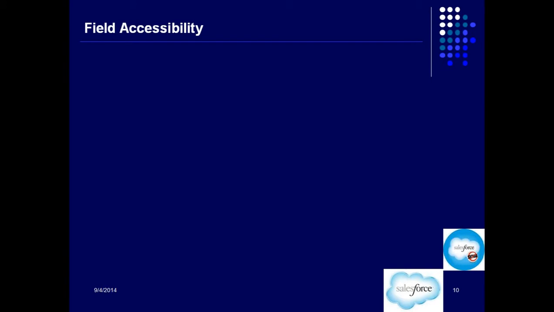Applications, tabs, objects, all these things we have controlled. Now how do we control the access to the fields? To control the access to the field, there are a few options available. The first option is through page layout. You can control the access to the field through the page layout. This is something which we will do in our next sessions. This is what we are not going to do today.